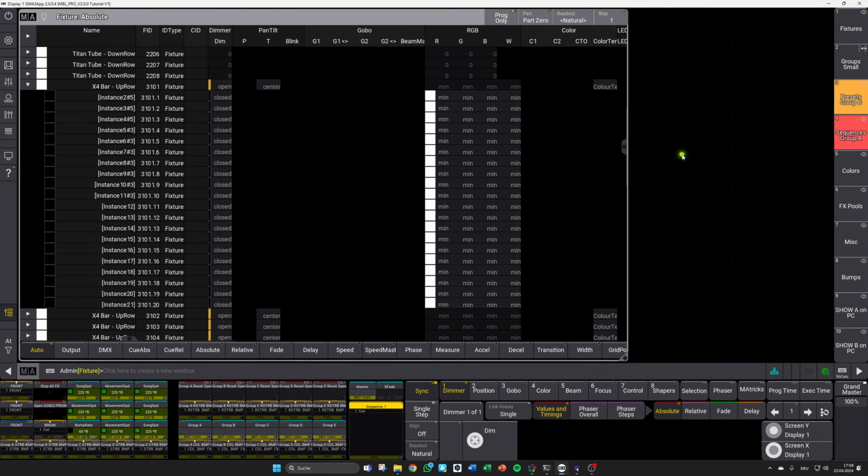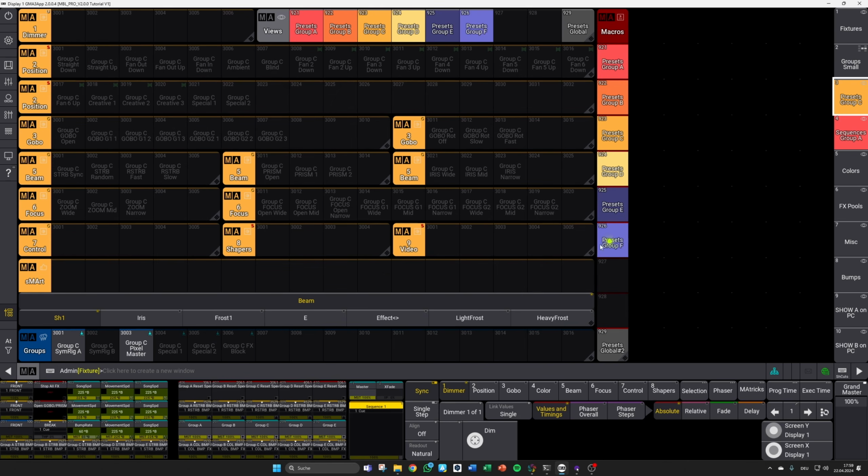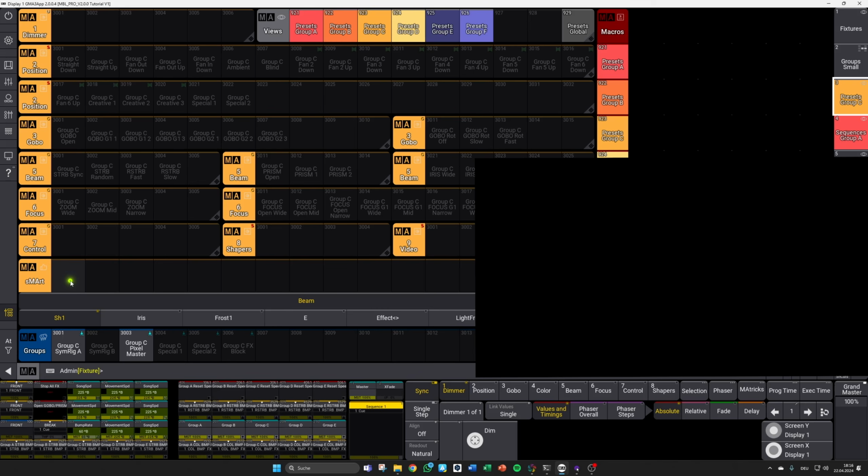Okay, after this is done, we can move back to our presets and simply store them in the same pattern we did it for group A and B. As the process of storing all those presets is exactly the same, I will not do it in full in the video, but let us do 1 or 2 examples just to get a common understanding, especially with regard to